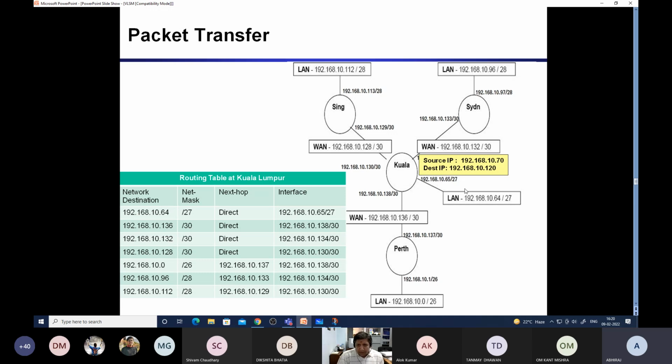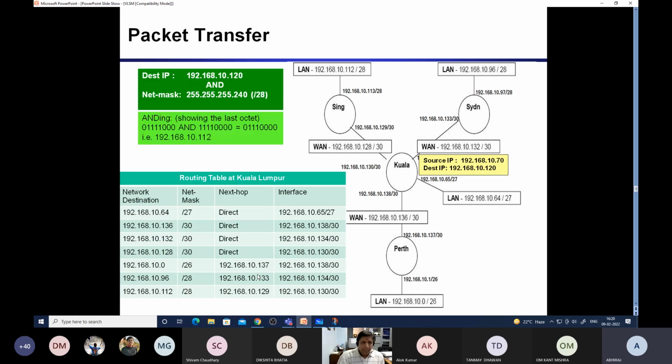Now what will be done? The destination IP will be compared with all the entries. Obviously, there is a shortcut method also, which we'll be discussing later. So we'll take the destination IP and compare with this entry, apply the /27 and see whether you are getting the network ID. All the netmasks will be applied on this destination IP at the Kuala Lumpur router. And what will happen? When you apply /28, it means